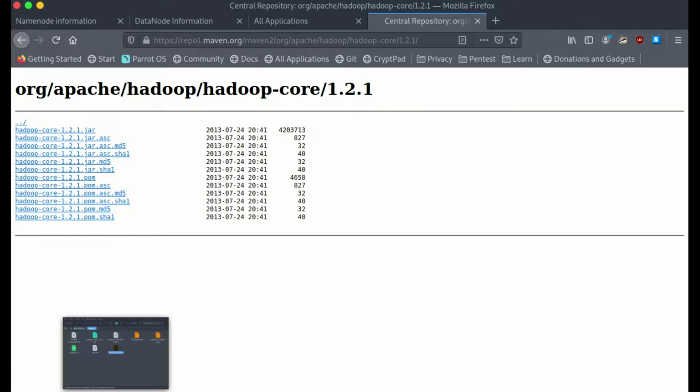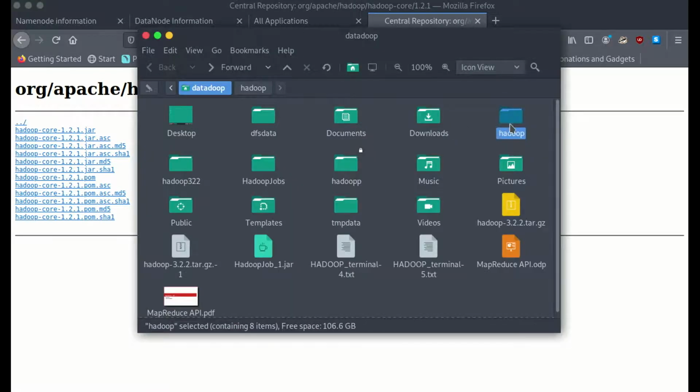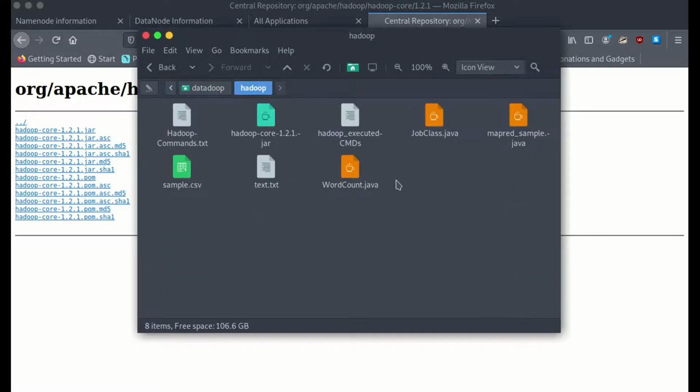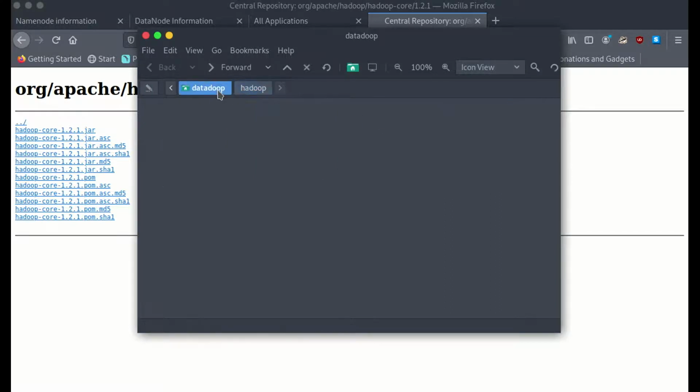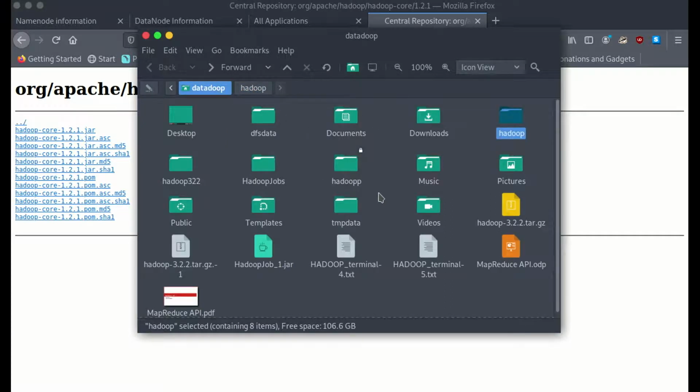Download that file. Inside your home directory, create a Hadoop directory and place that file here. So this is the jar file that will be accessed by the MapReduce jobs. After you do this, you also create a directory named Hadoop jobs.